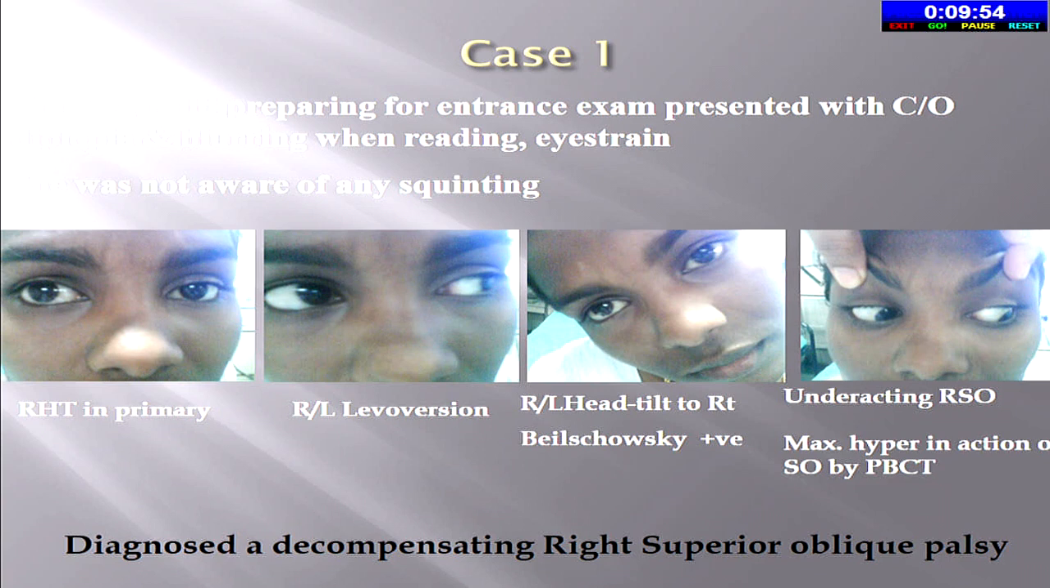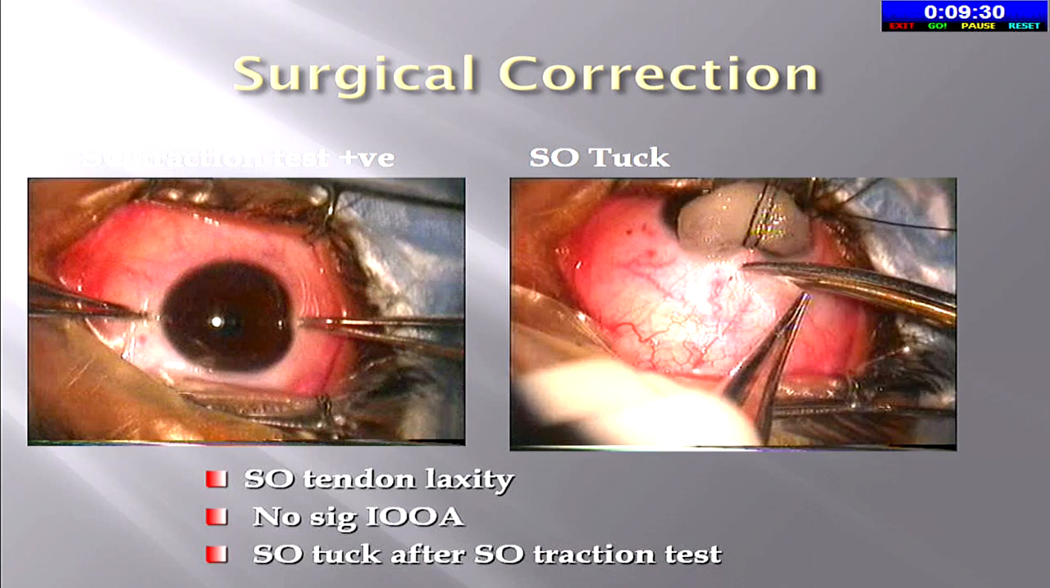I don't know if you can appreciate, there is a right hypertropia in primary position, right hypertropia increasing in levoversion, and more in right head tilt. That is, Bielschowsky's was positive, and there is an underacting superior oblique, maximum hypertropia in the action of superior oblique by cover test. And this was diagnosed as a compensating right superior oblique palsy. So surgical correction was done after doing a superior oblique traction test, and